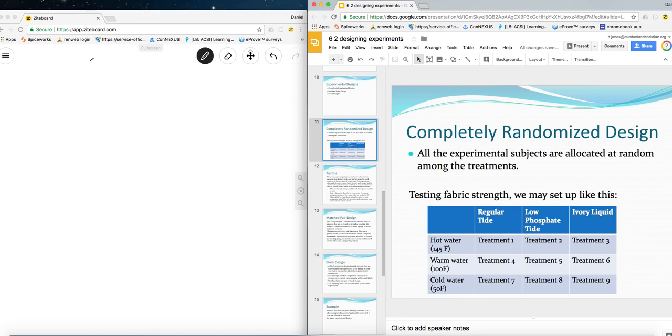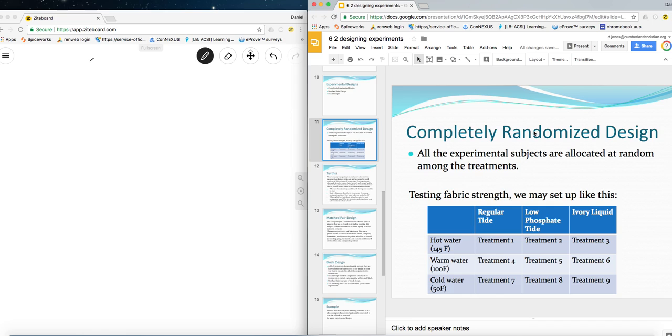You have all your experimental subjects in a big hat, or you give all of them a number, and then pull a random number generator and start getting numbers, or pull their names out of the hat, and you decide who gets what treatments. So if I wanted to test fabric strength with different laundry brands that we're going to use, and then we have different water temperatures, because obviously some clothing washing materials work better in hot water, cold water,